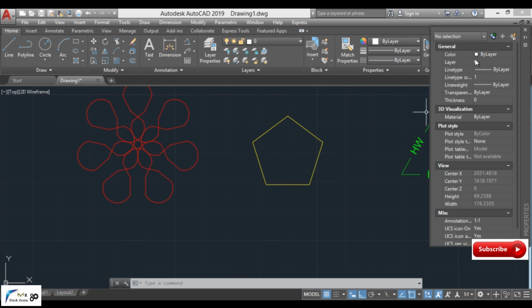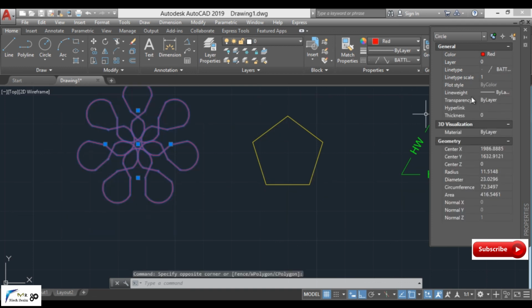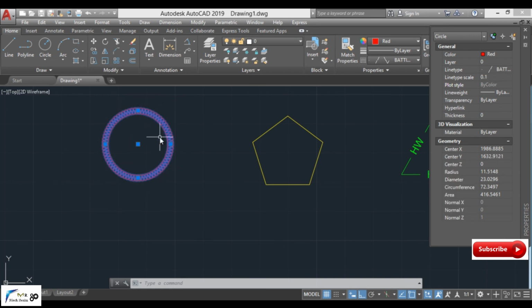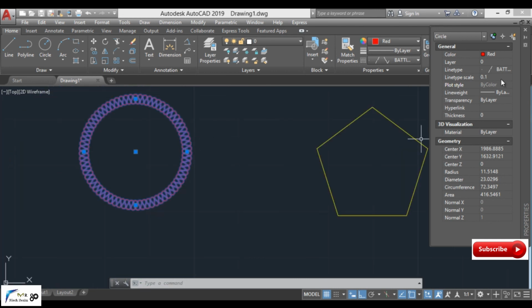From here an option available to us is line type scale. We have to simply select an object which we have to scale and define it here. As it is 1 mm, which is very large, let me select it as 0.4 using the hit and trial method. Here the size has been changed. Let me reduce its size much more. Here it is 0.1 mm and the size has been reduced. Let me reduce it to 0.05.